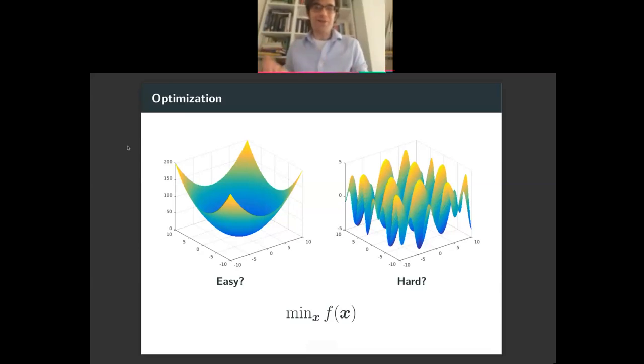Okay, and of course we all know that sometimes we can do this, as is the case at left, and other times it's challenging, right? Other times it may be NP hard to find a global minimizer. And one device that has been very useful for optimizers and also for users of optimization, such as myself, to think about this gap between what we can do and what we can't do is the notion of convexity, right?